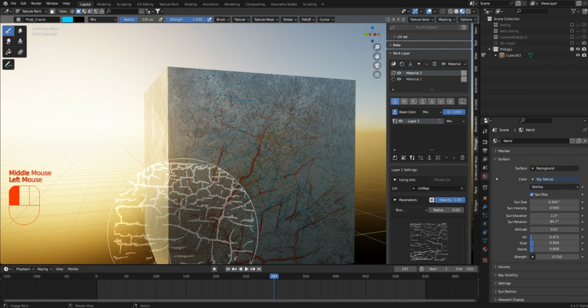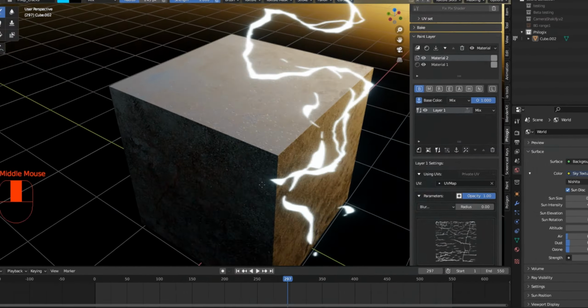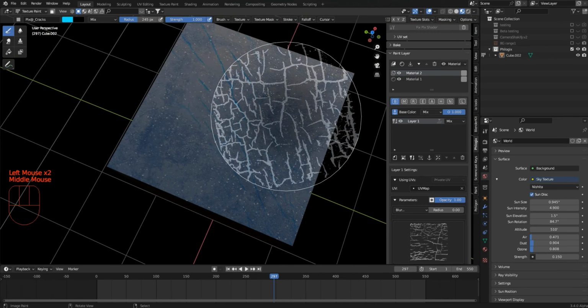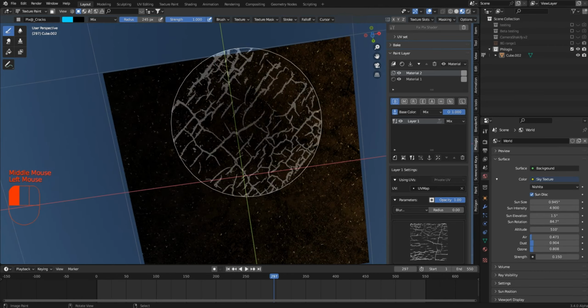And I'm a big fan of blue. I love the color blue. Maybe it's just because you can do lightning bolts with it. Paint this thing anywhere you see fit. Just give it a good once over. It doesn't have to be